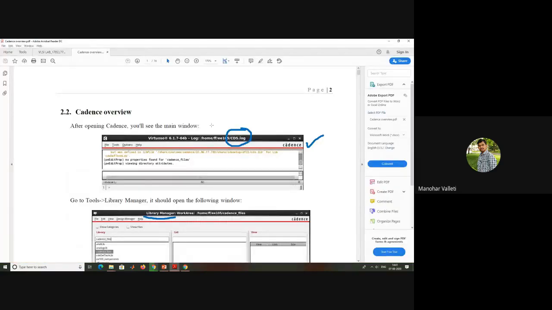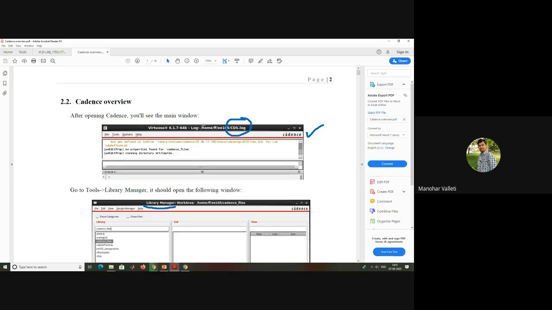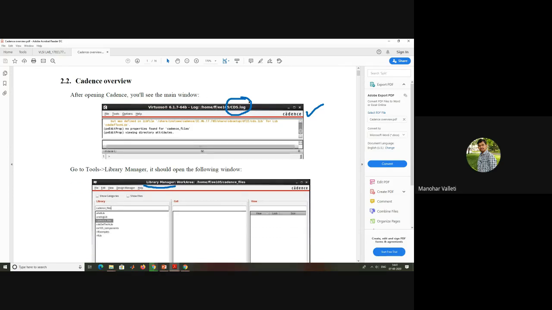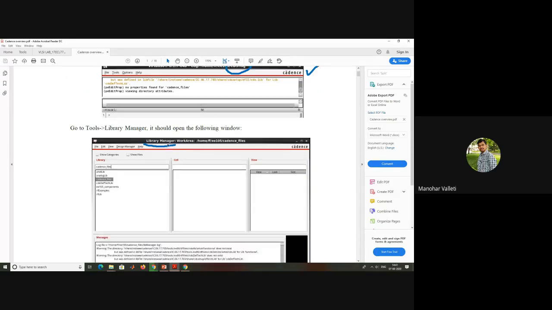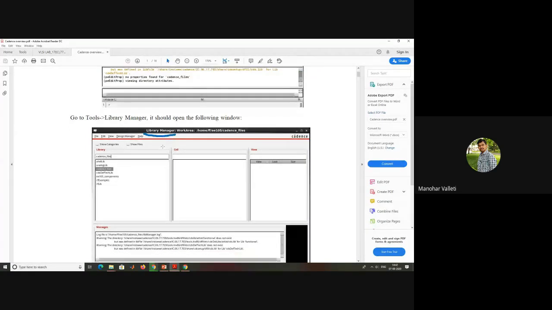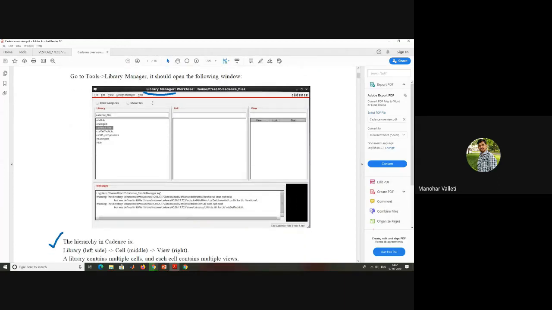Whatever I'm going to explain in coming discussions, those are some of the windows to be seen. This PDF I will anyhow upload in the Google Classroom. Just see it once. The main window for you is the CDS log window. This is very, very important when you are working in Cadence. Never ever close this CDS log when you are working in the Cadence tool. If you close this, the entire tool will close. And the library manager is to easily open your already created files. With the help of library manager, you will open them.